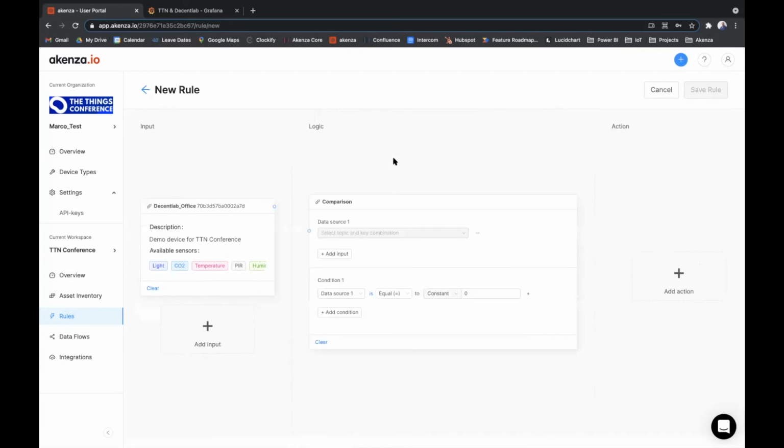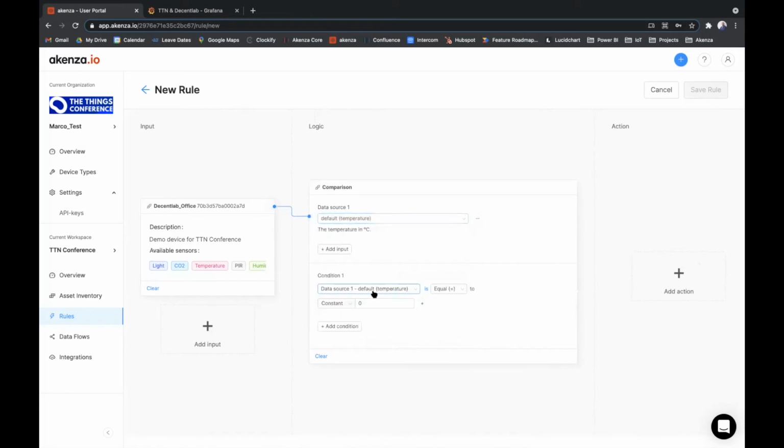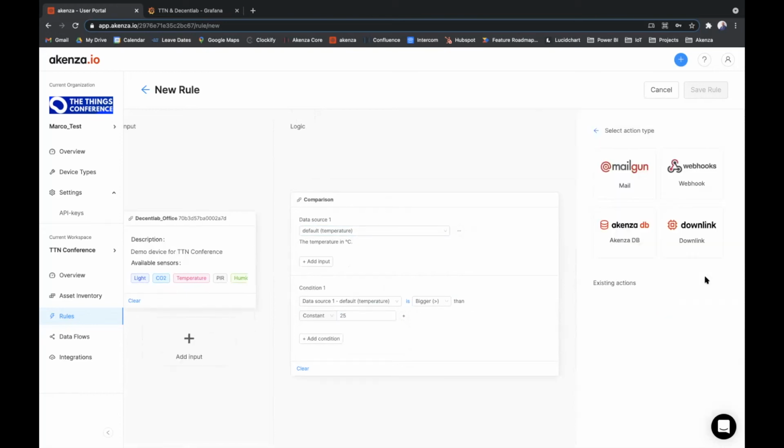Add a logic, a comparison, for instance. Choose an output by drag and drop, for instance, the temperature. And we would like to know if the temperature is higher than maybe 25 degrees. And the next step will be an alert, for instance, hey, your temperature is higher than 25 degrees, or a webhook in order to provide this information to a dashboard and to an alarm notification, again into the Akensa DB,